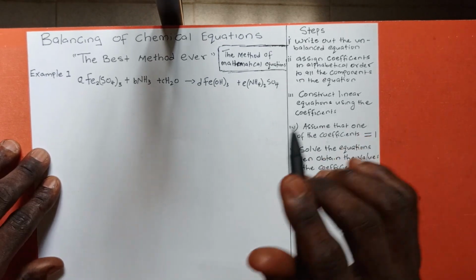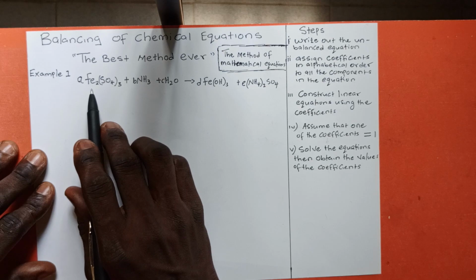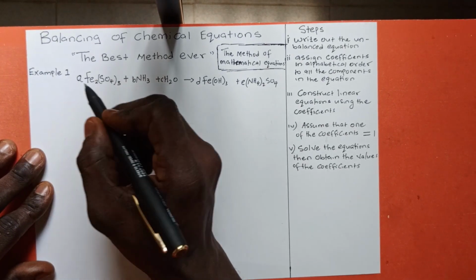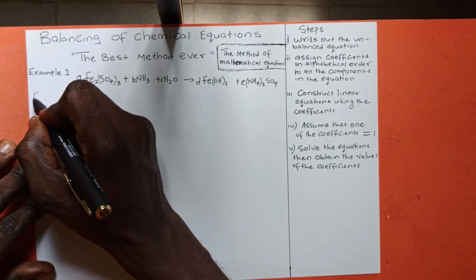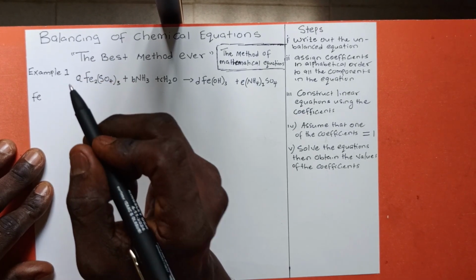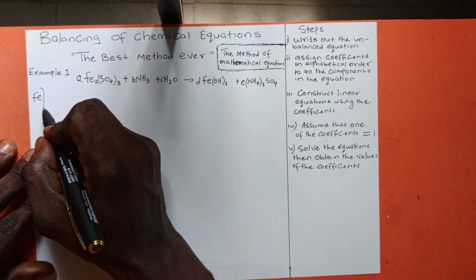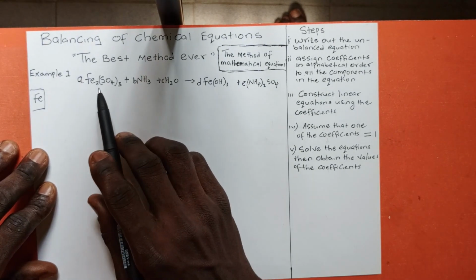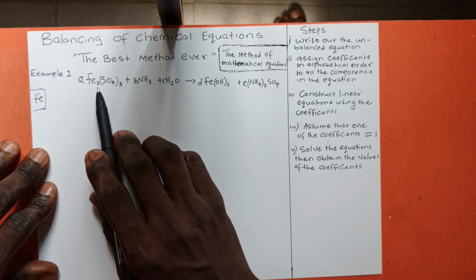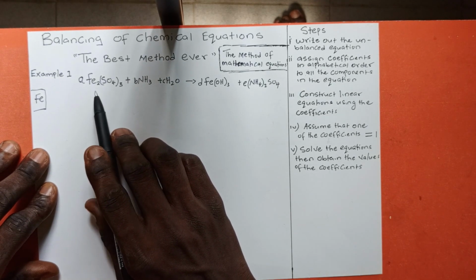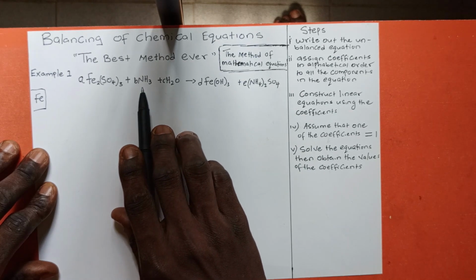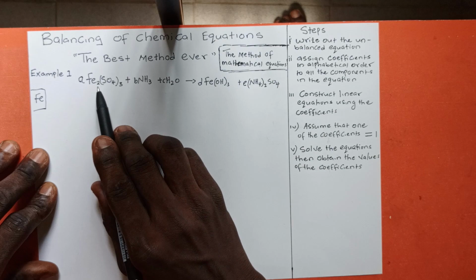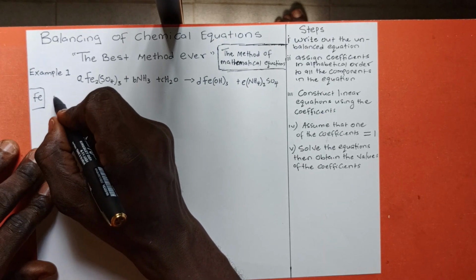For example, I'm going to single out all the elements present in this equation. The first element I have here is iron, which is Fe. Now for the iron I have here, I'm going to bracket it. How many iron atoms are here? I have just 2 atoms of iron, and I don't have any other iron on the reactant side. So I'm going to say 2 multiplied by A